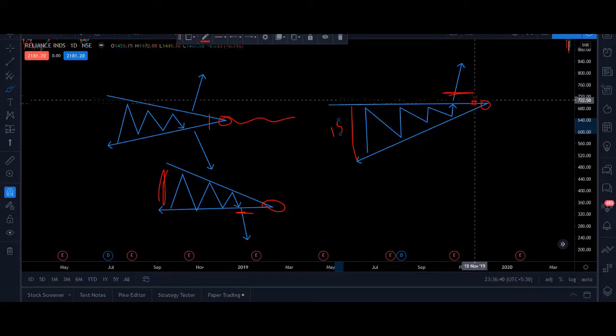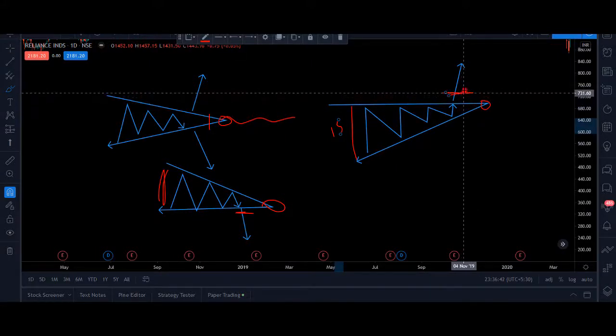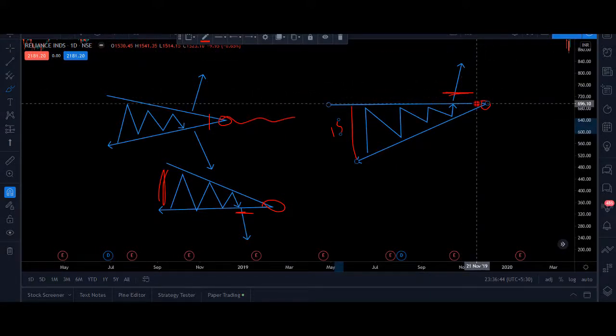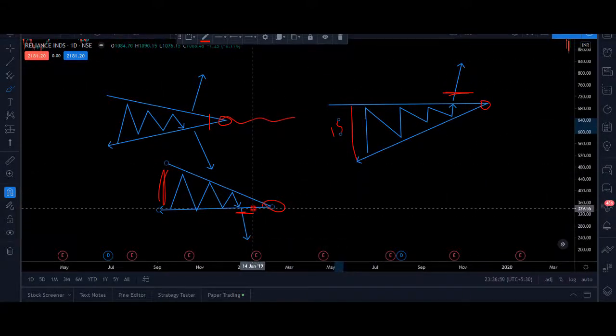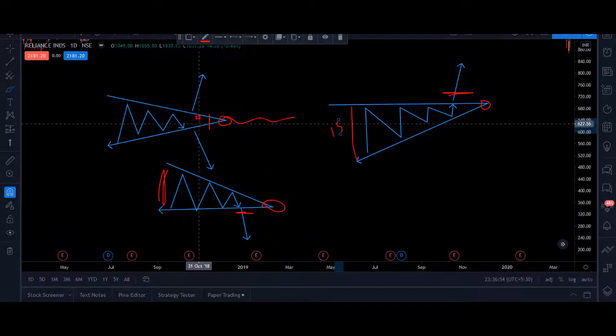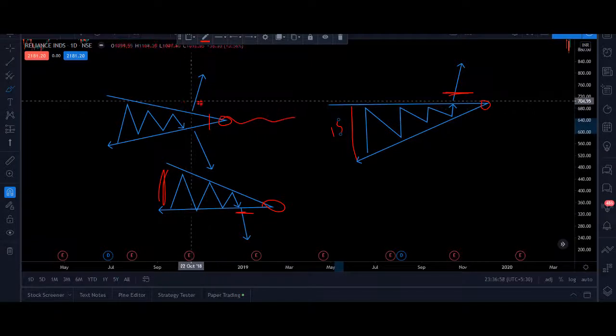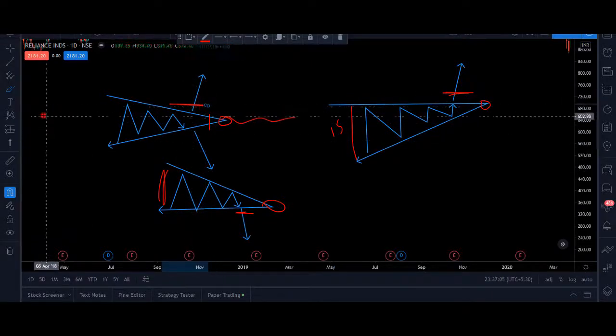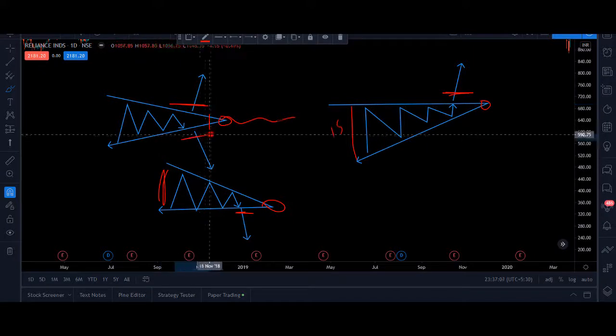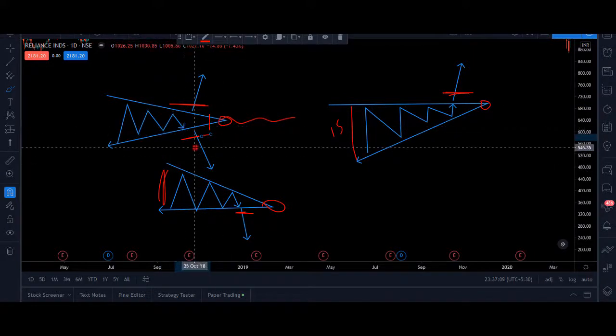So you have to remember, the 15% is not from entry to take profit, it's about the resistance to take profit. If it is a descending triangle, then the profit can be measured from support to take profit. And when it comes to a symmetrical triangle, it can be a breakout either way. So we're going to enter the trade here if it breaks above, and we're going to enter the trade if it breaks below. So this is how we're going to enter.